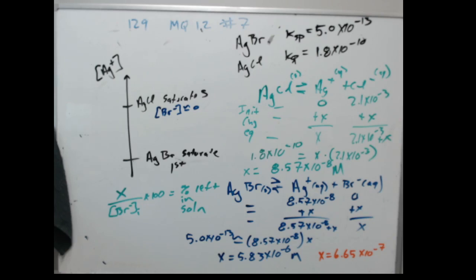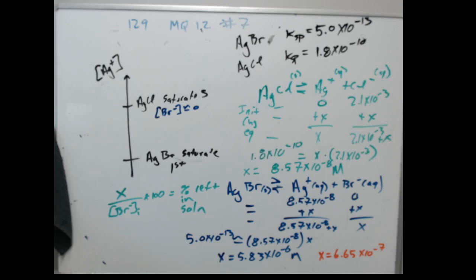But the x is small approximation is not that great. Our x is more than double the size. That's more than 100% error. So not great. But in the grand scheme of things, 5.8 times 10 to the minus 6 versus 6.6 times